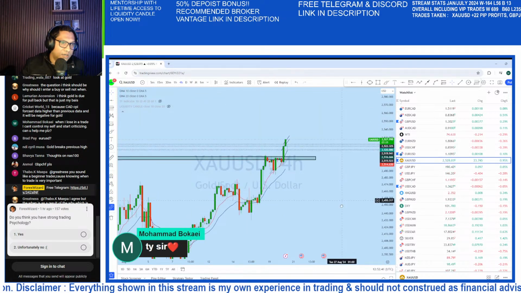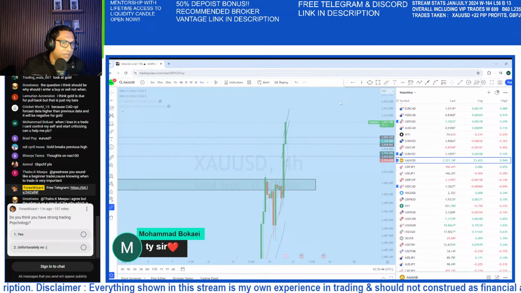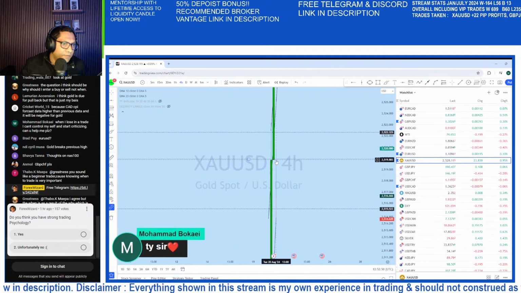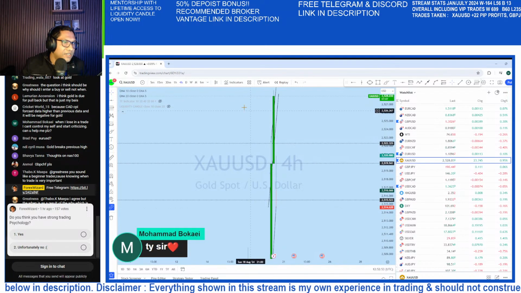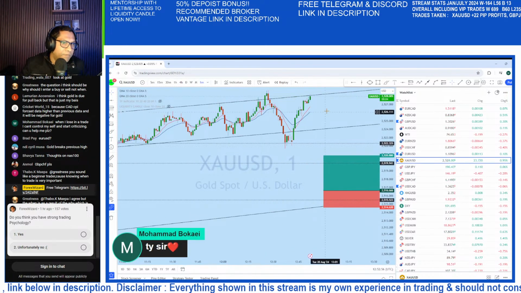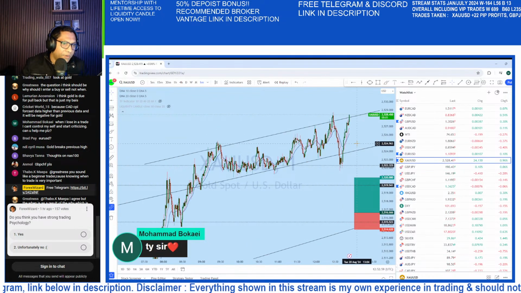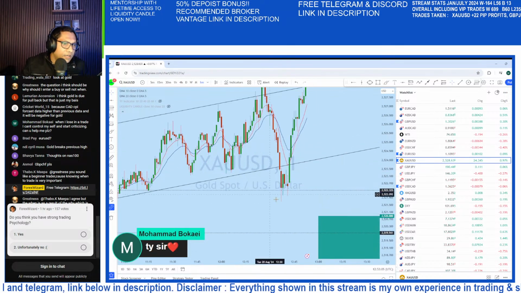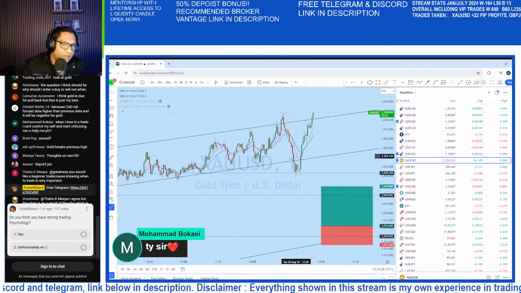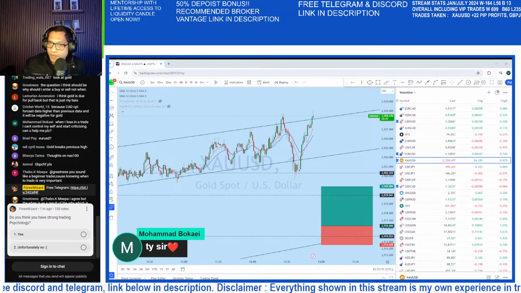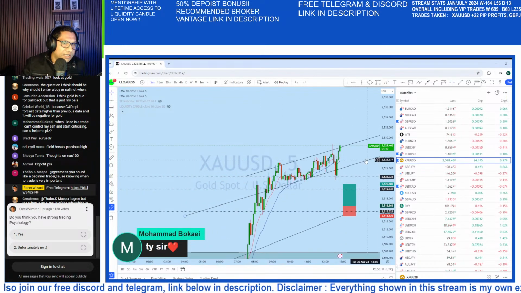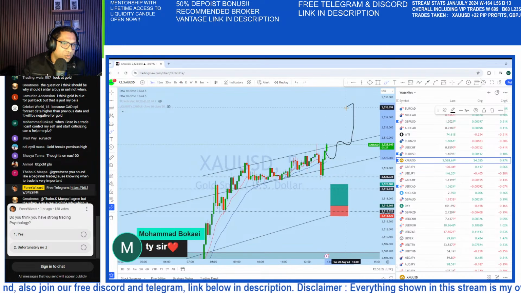Gold, we have seen that drop on gold, but ultimately I expected it to drop to the 4-hour support, to this level, which is the 25.19, but we can see it bounced from here. There was a break of structure, but I wanted to see a little stronger move, but in fact it returned back to the upside. So with this bounce, basically the market now started to trend in that direction.